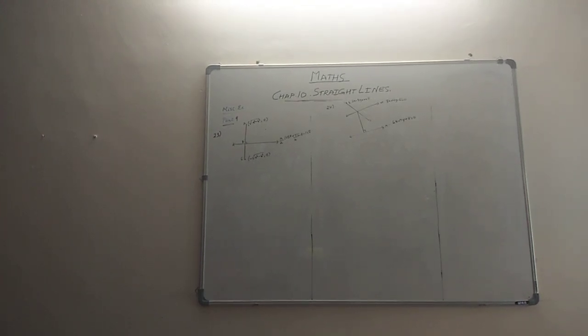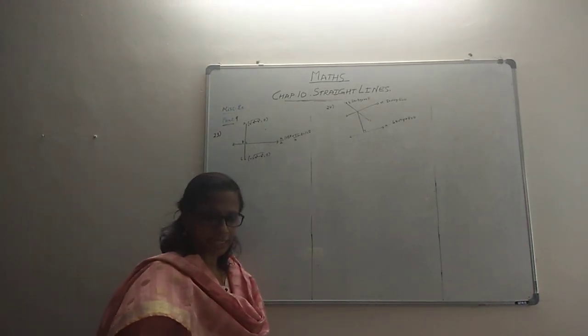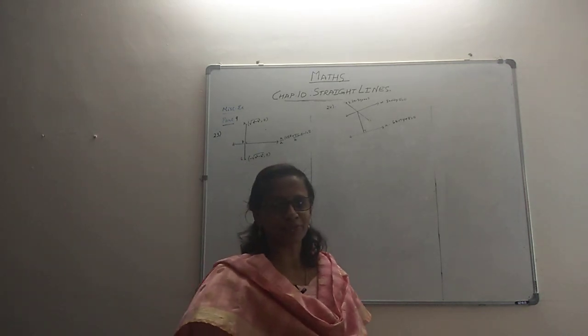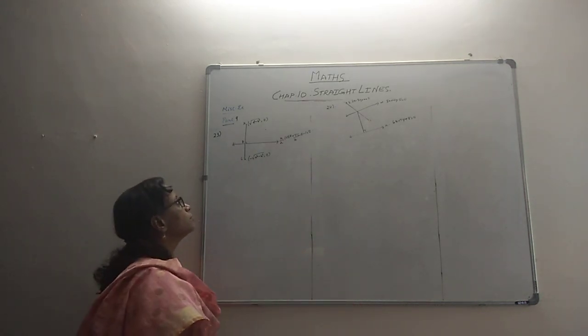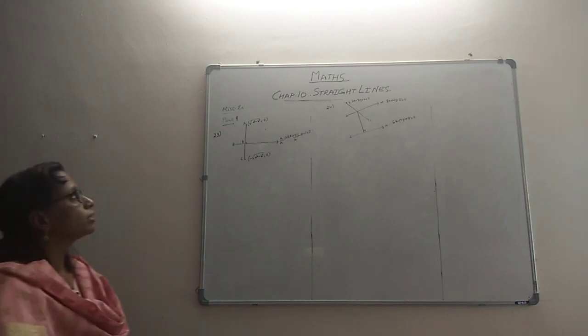Hello folks, we come to the part 9 video of the miscellaneous exercise of chapter 10, and this should be our last video. We are taking now the 23rd problem, which says that you are dropping two perpendiculars